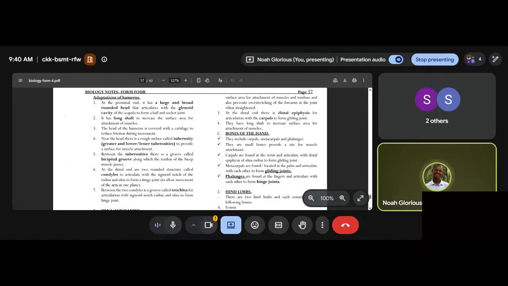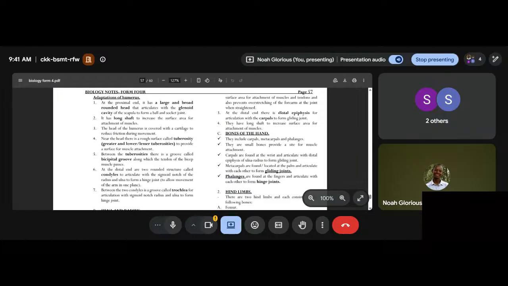At the proximal end, it has what we call a large and broad rounded head. That is the head of the humerus. This one articulates with the glenoid cavity. Can you remember where we have the glenoid cavity? It's located below the head. The glenoid cavity, pale mwisho iko na curve